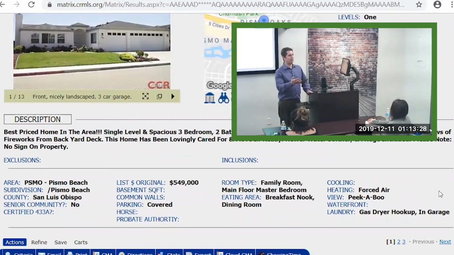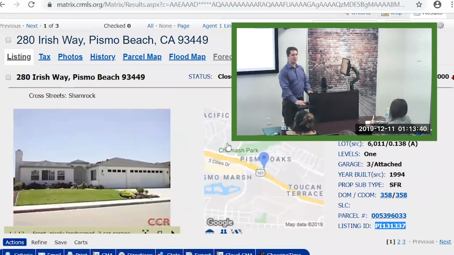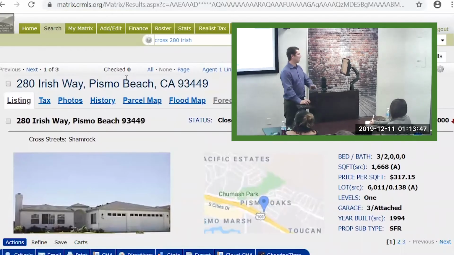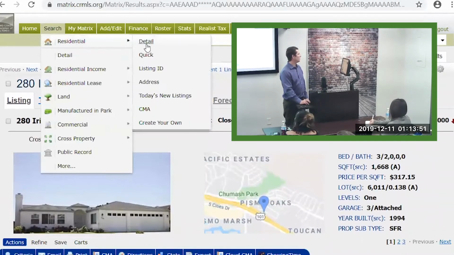So you asked, well, what happens if I don't have an address or I want to do a radius or whatever? I always start with a radius search first on my CMAs. I just want to know what's going on around me. And instead of typing in the address, you always get defaults where it's like you forgot to put way or avenue and the system's like, I can't find the property. Just take the listing ID number. It can be 10 years old. It makes no difference. Then go to search, residential,